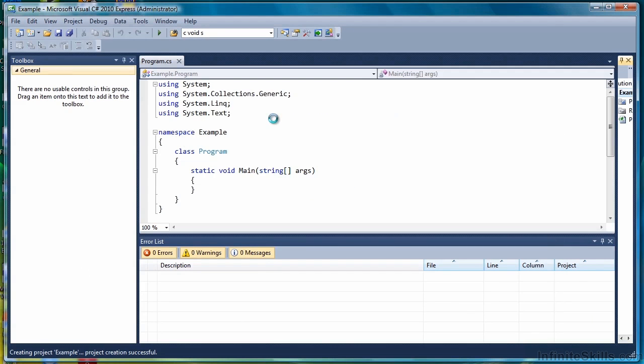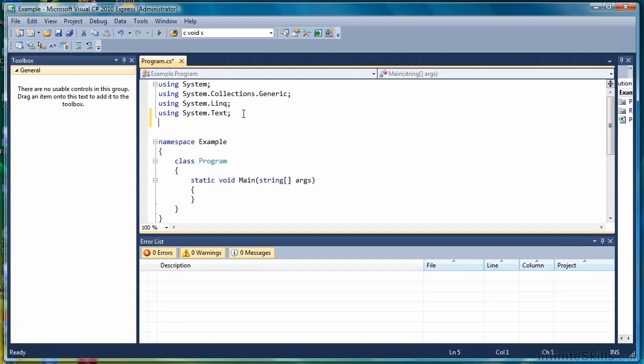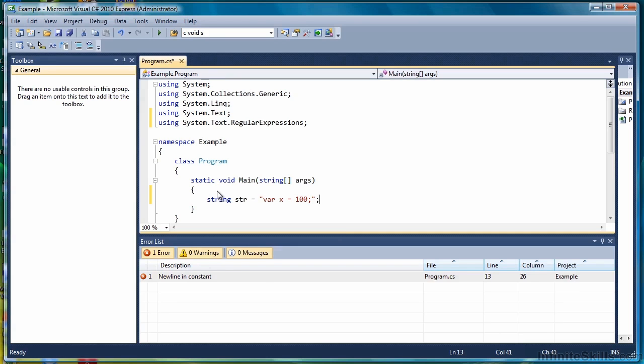Click OK. To work with regular expressions, we need to import the regular expression library. So we'll do that first. It's found in the text namespace. It's the only library that comes up when you type system.txt. So just go ahead and tab or include it. Now in my main method, we'll create a string that will hold the data we're going to evaluate with our